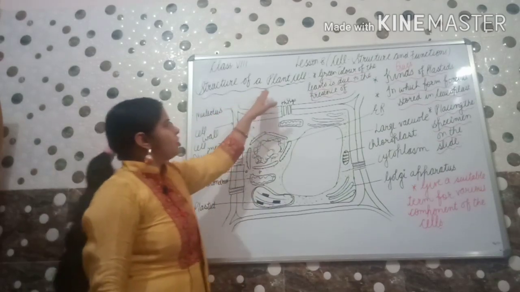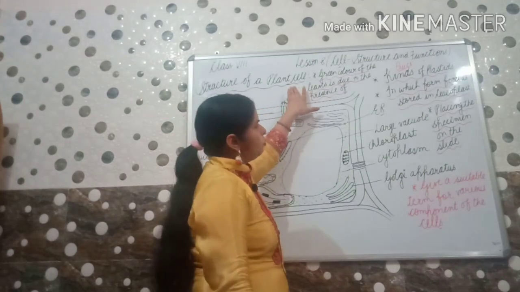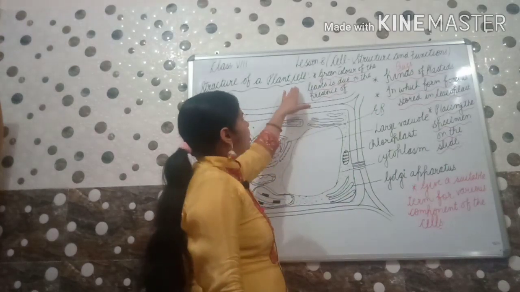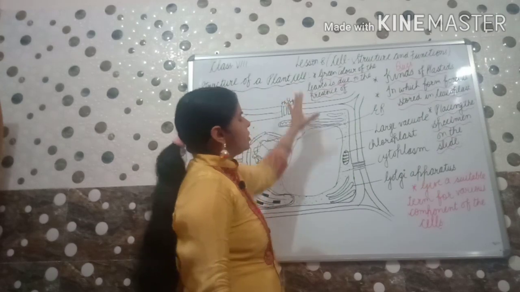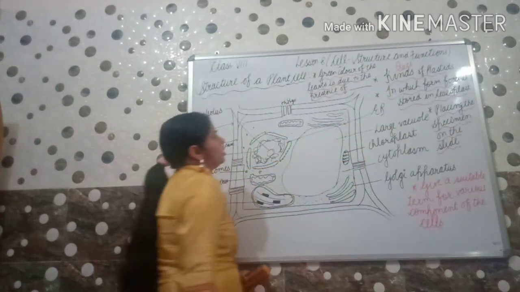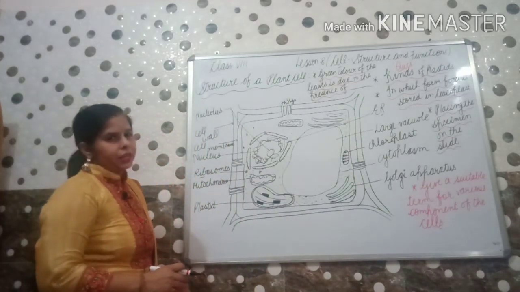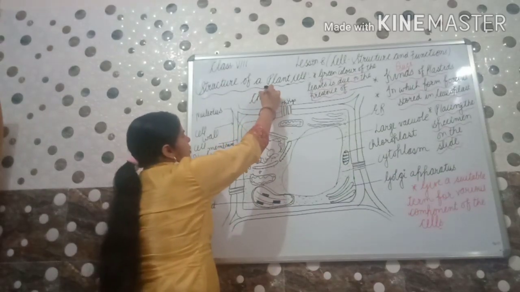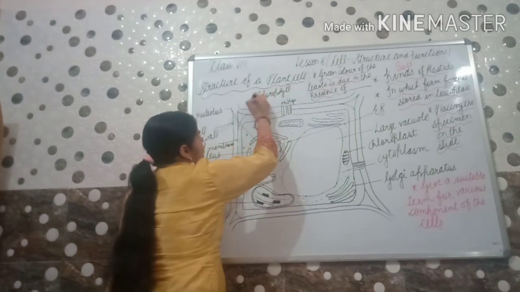So my first question is, you may write all these answers first in your notebook, then you may match your answers here. First question is, green color of leaves is due to the presence of dash. So the answer will be chlorophyll. I think you all have written this answer in your notebooks. You may match from here, and spelling also.